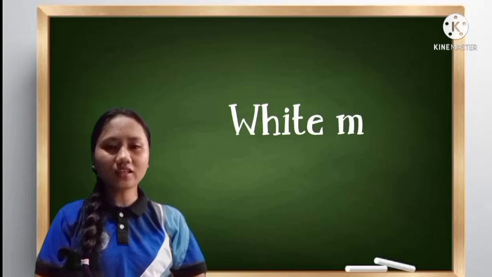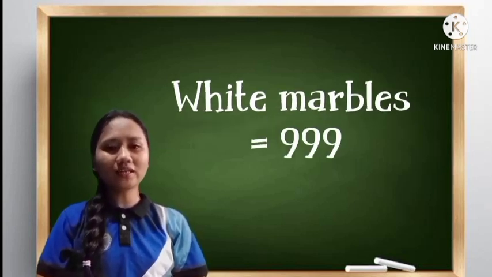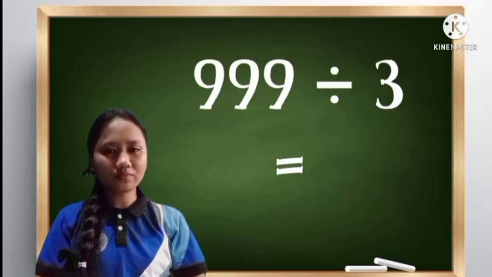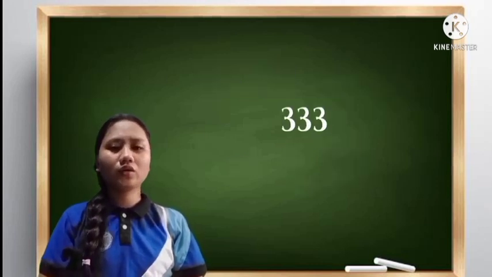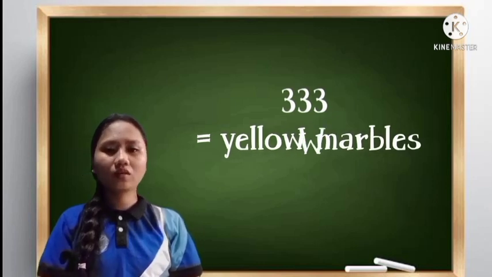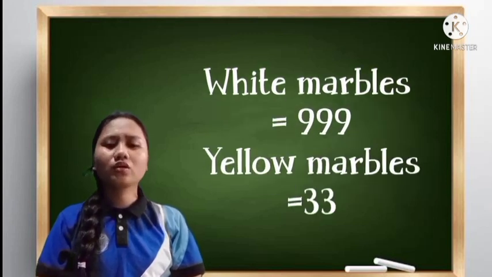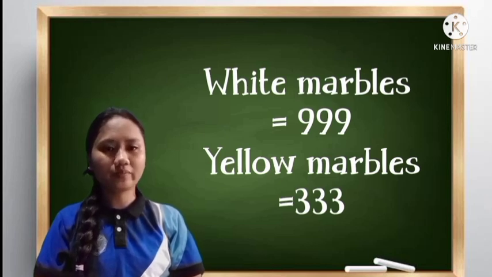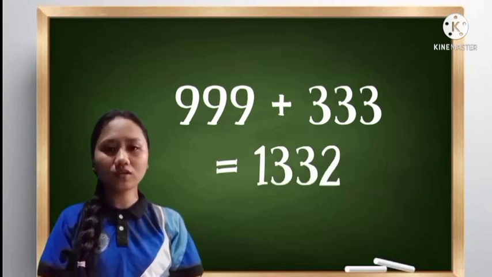If there are 999 white marbles, and it is 3 times the yellow marbles, we will divide the white marbles by 3, and it would be 333, which will be the number of yellow marbles. Now that we know the number of yellow marbles, we can find the total number of marbles in the jar. 999 plus 333 is equal to